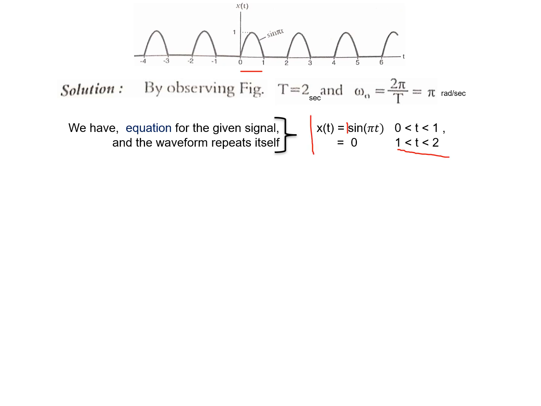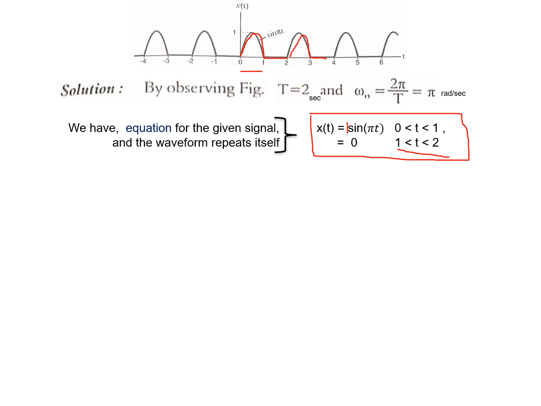So this is the complete graph of the given signal in one cycle. That's what is required to represent the Fourier series component. I require the graph of the waveform for one complete cycle, because after that the same thing repeats. I need not go on giving the values because it is a periodic signal. If I know how it behaves for one period, then the same thing repeats.